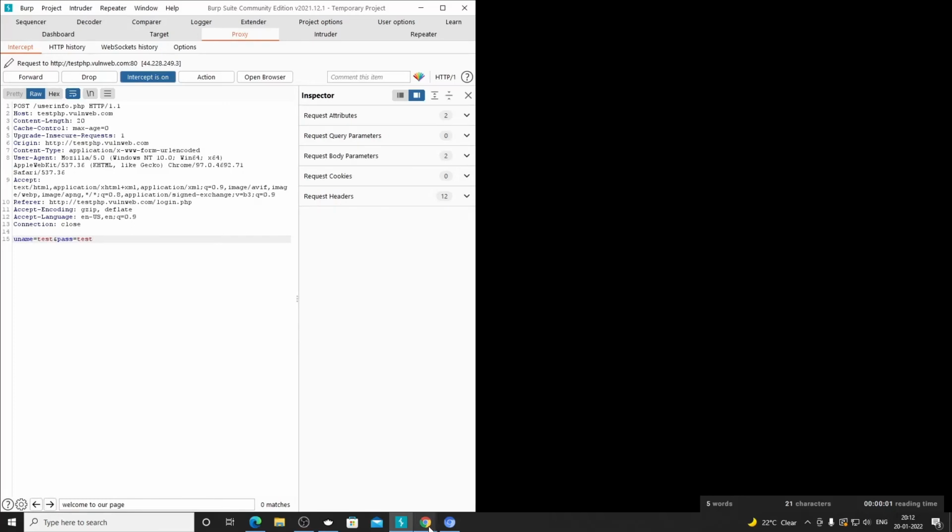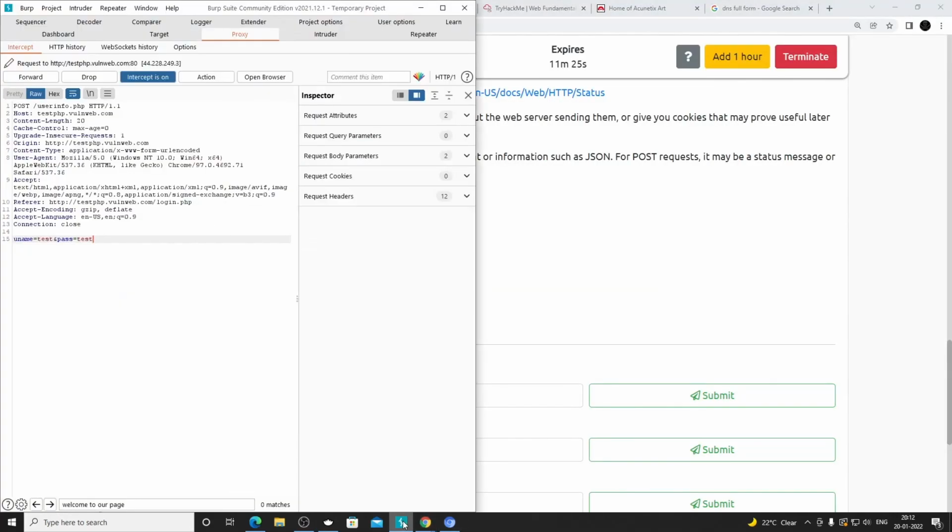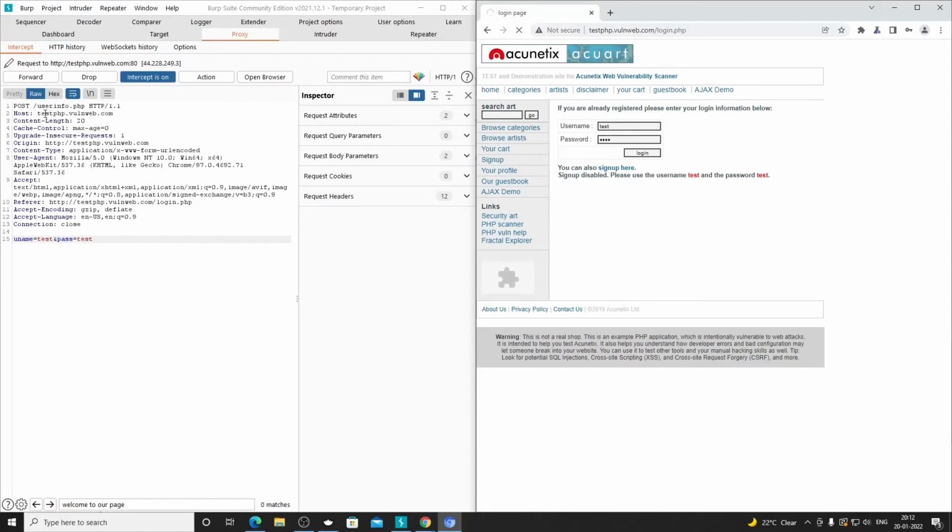Okay, this is the architecture of a POST request. You have the HTTP method as POST, and whatever endpoint you are sending this request to. Right now I will tell you where the request is actually being sent. It is being sent to testphp.vulnweb.com/userinfo.php. But in this particular syntax, the path is always mentioned at the top, and here we only mention the main domain name. The rest of the things are mentioned as the end path, after POST.